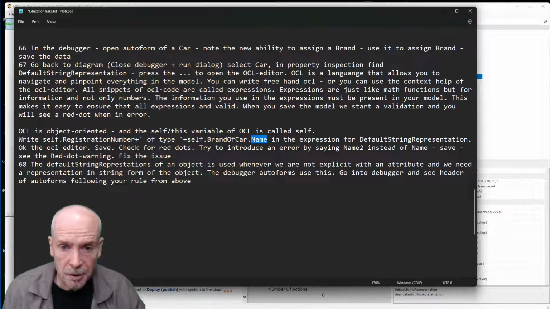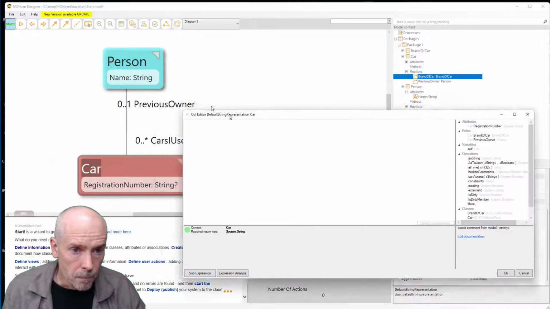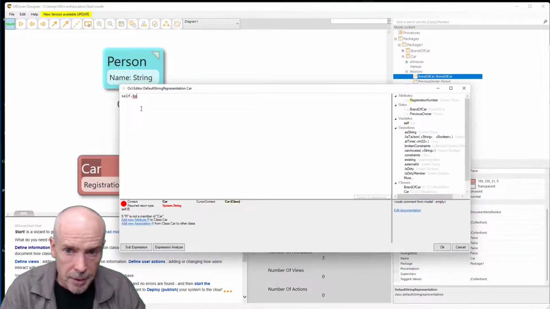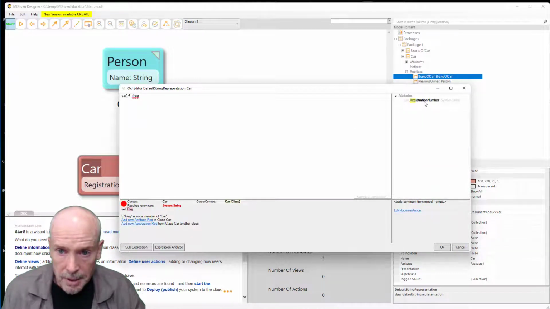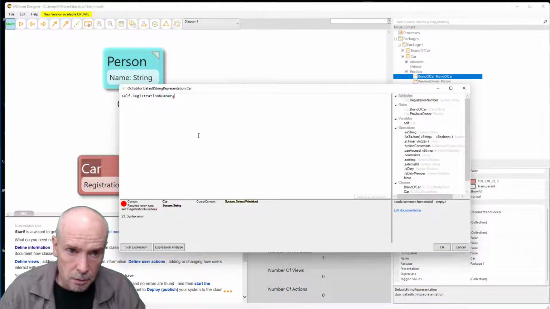In the expression for default string representation, we should write this. So we have it open here. The context is car. The required return type is a string. So I'm gonna go self dot registration number. It helps me a bit. Good. Plus string constant start of